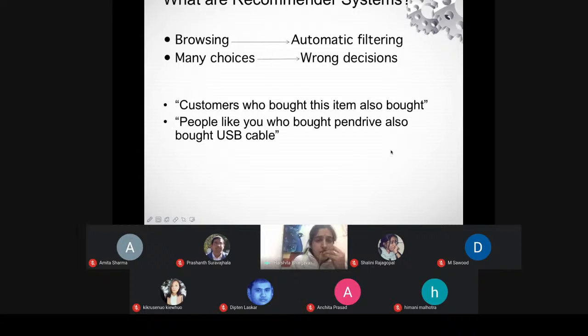So basically, what we think is many choices may lead to wrong decisions, but if we employ a recommender system inside any domain, it may lead to good decisions. Okay, so for that purpose, we use such kinds of systems. Now, a system is basically a big word. Of course, we can't give a demo on implementing a recommender system in a 2 hour workshop. But a system is basically a set of components.